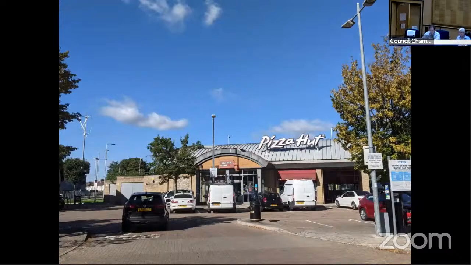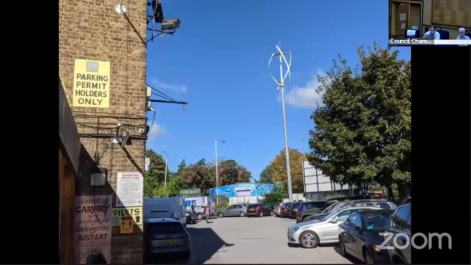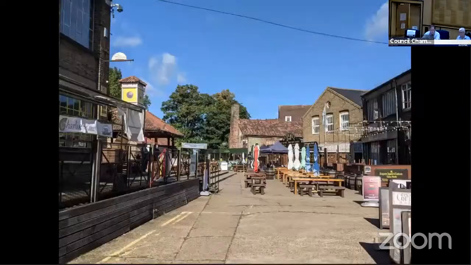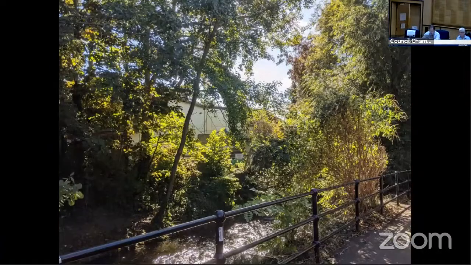Of the 34 trees on the site, 11 of them will be removed. Mostly those are to the Sainsbury's side of the site because they're either low quality or diseased, but 21 new trees will be planted, mostly on the east of the site, a couple between the 2 buildings and another 6 along the riverfront. Which I just covered, yes.